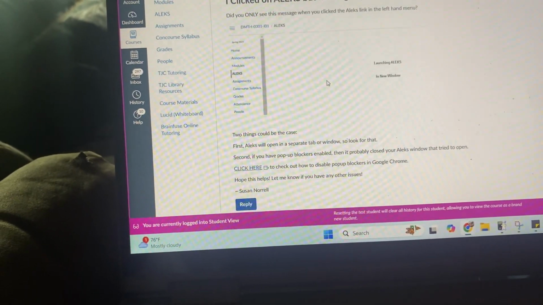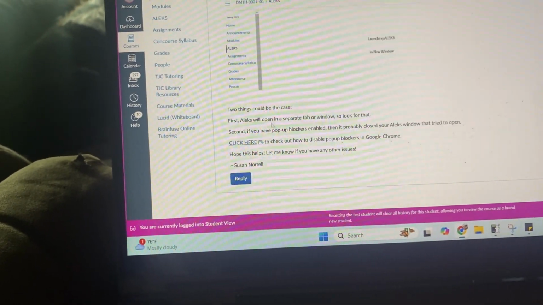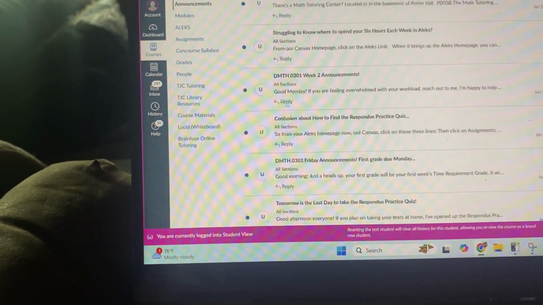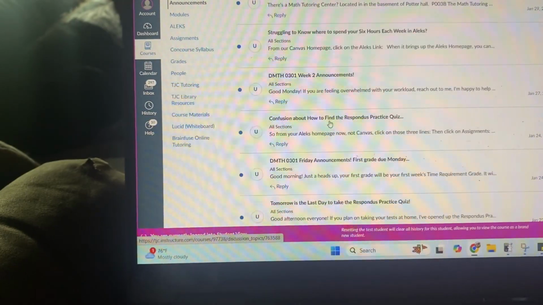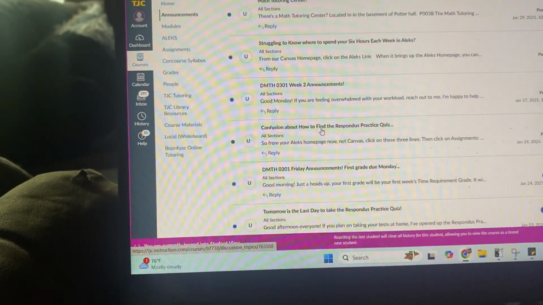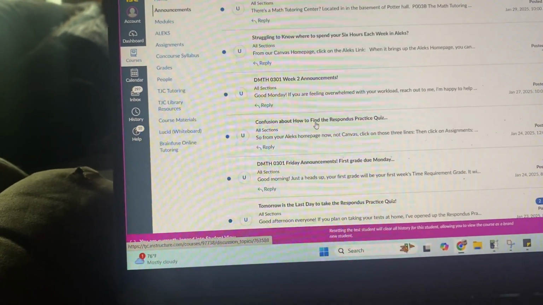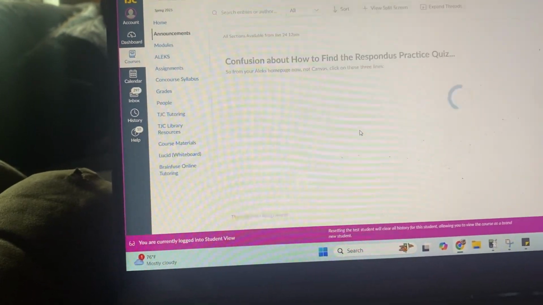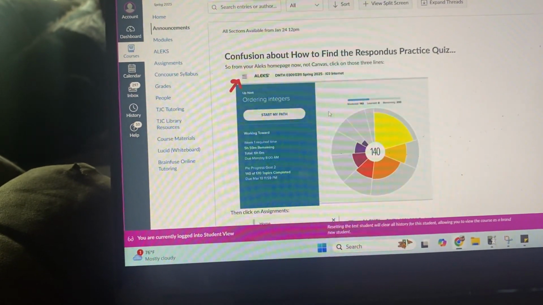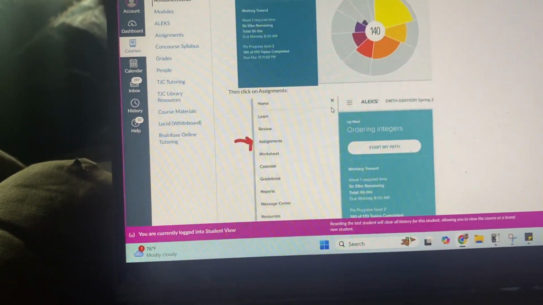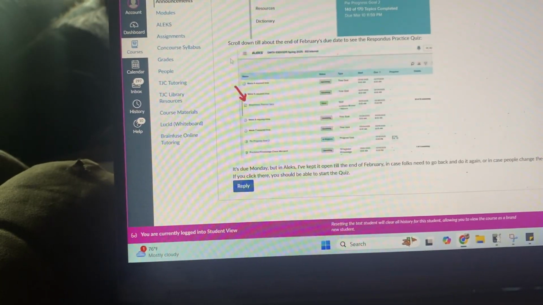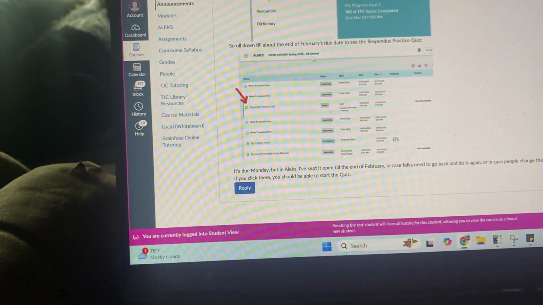I even put screenshots about what could be happening there. Down here, if you are confused about how to find the Respondus practice quiz, looky there, I even put screenshots about where you might be able to find that Respondus practice quiz,